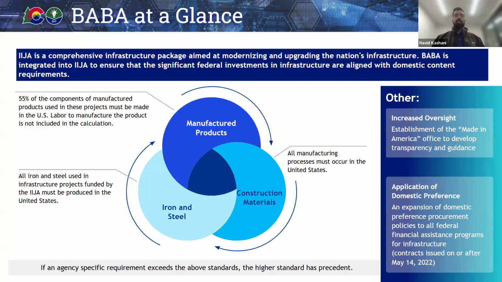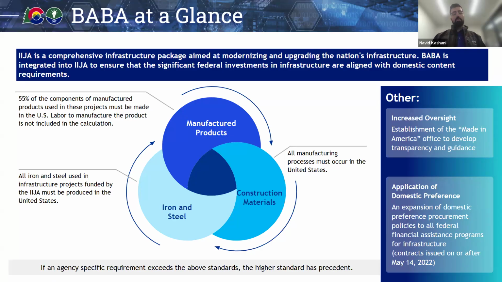What's considered iron and steel is any articles, materials, or supplies that consist wholly or predominantly of iron and steel, or some combination of both. Nice little legal definition that's a lot of fun. But the test itself is that the entire manufacturing process, from the initial melting stage through coating, needs to occur within the United States for it to be considered produced within the United States.